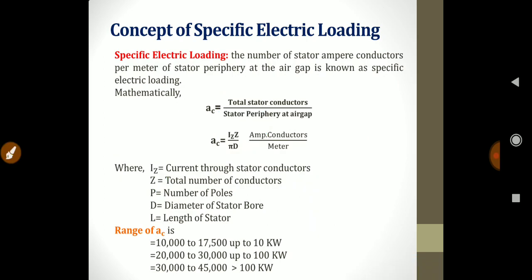If you understood these two concepts, when we are choosing these two values, that is going to decide the other things related with the design of an electric machine. What are those other things? These values are going to decide the main dimensions: how much should be the diameter, how much should be the length. In other videos of mine, you can check the part which discusses the design of induction motor, where the significance of specific electric and specific magnetic loading is considered.